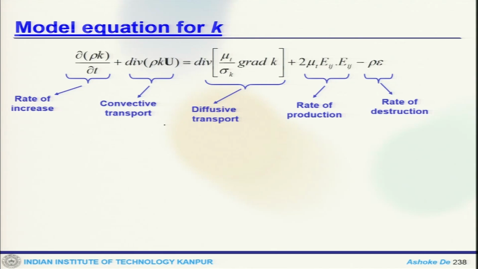Okay, welcome back, and let's continue the discussion on the modeling part. So, we are looking at the different models like the two-equation model, and we looked at the turbulent kinetic energy term, where you can see this model equation for the K. This is the unsteady equation for K, where this is the term which is rate of increase, this is the convective transport, this is diffusive transport, this is production and rate of destruction. So, here the Prandtl